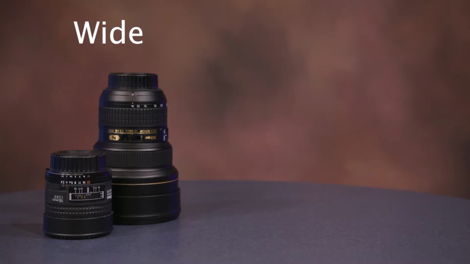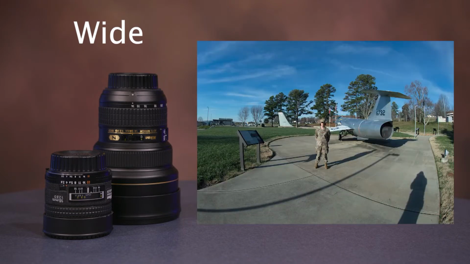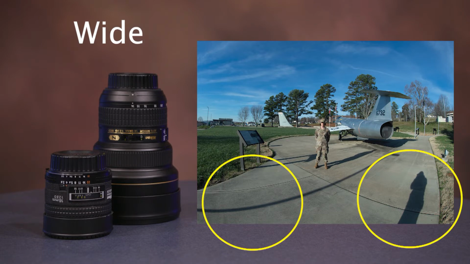These are the wide-angle lenses. Depending on the type of lens, you can get between 63 and 180 degree views. These are useful if you're working in a small room or need to show a wide shot of an event. You can see this lens allows you to cover a wide subject area. However, a disadvantage of this lens is the distortion seen by the bending of parallel lines if you're too close